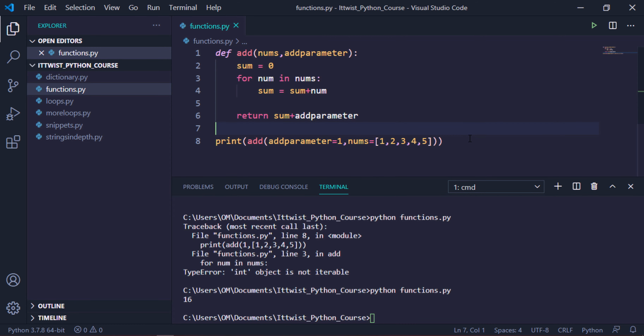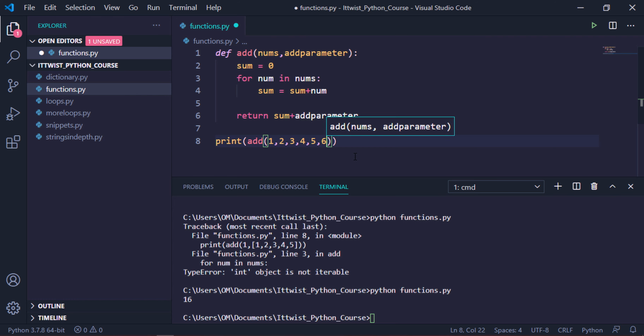So now just consider a case where you don't know how many arguments will be passed to a function. Then we will make use of arbitrary arguments. So let's say we have a function, say add, and we want to pass as many arguments as we like here, for example 1 2 3 4 5 and 6. These are the individual elements, these are not a